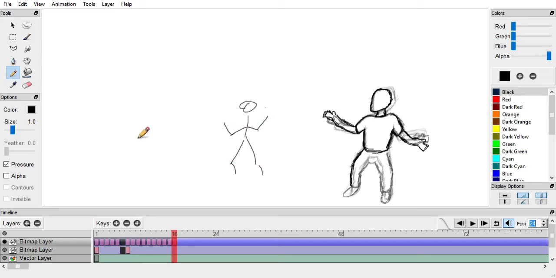And then at the end of it, he'll be like, woohoo, right? And I'll be like, okay, so I gotta get him from that pose to that pose, and I'll have to draw everything in between. But no, we're gonna delete that. I'm gonna delete all of that.